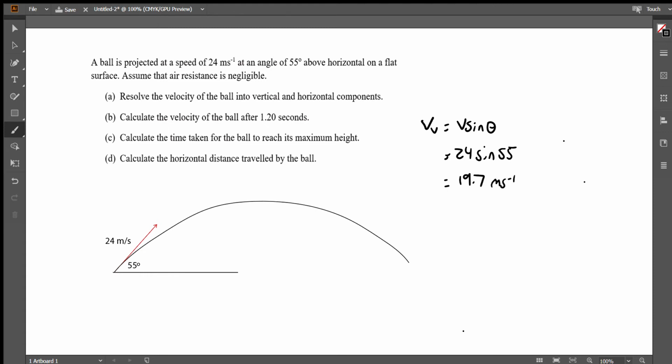Similarly, the horizontal component will be given by v cos theta, so 24 cos 55, which